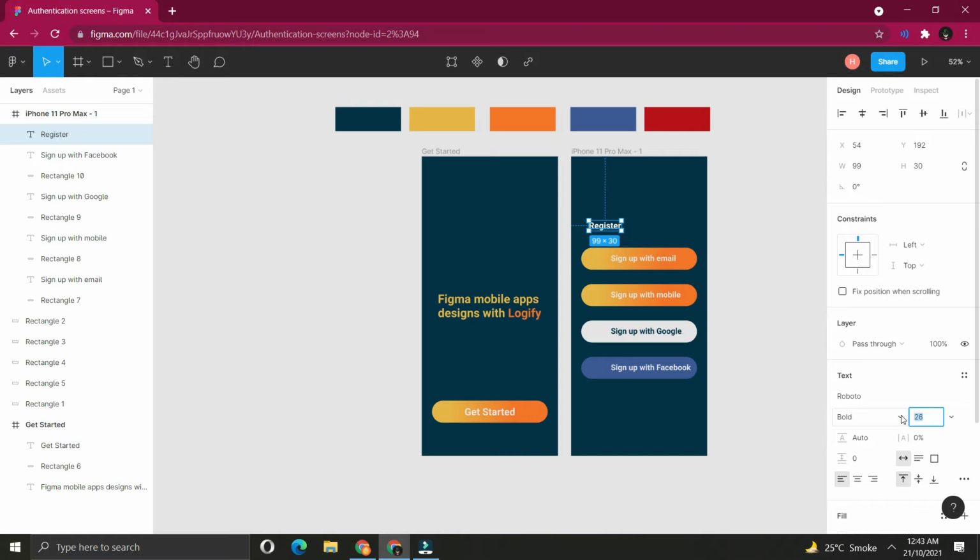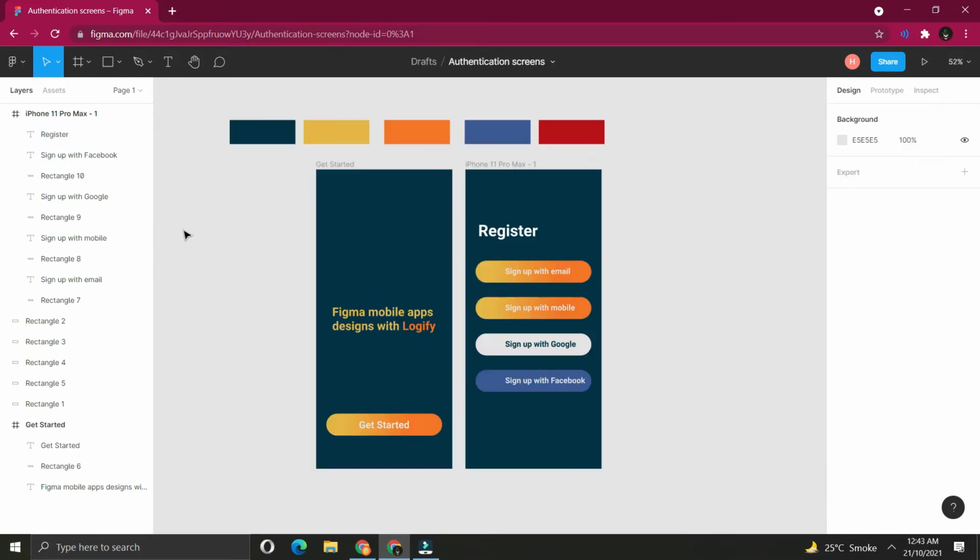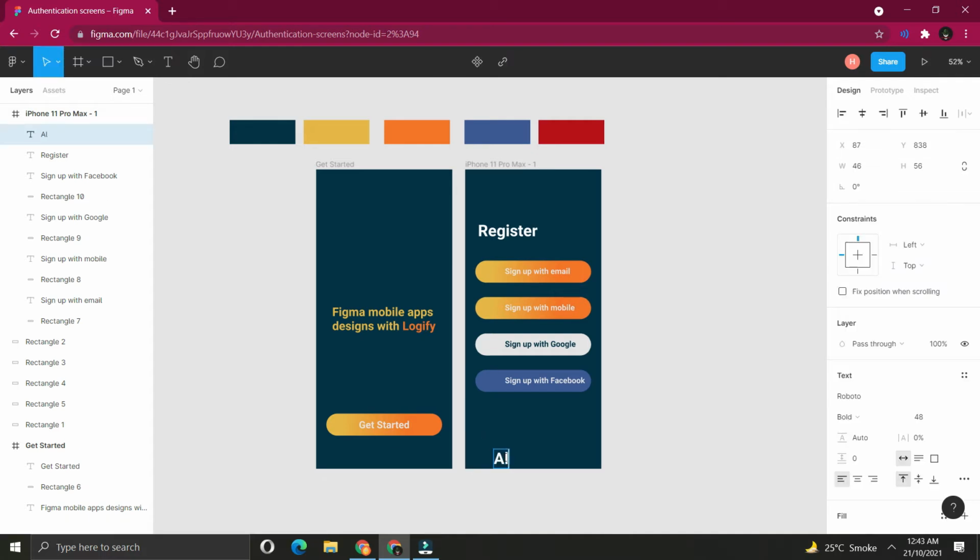For now, I will adjust some font. Once I am done with the font, now I will do smaller text. If the user already has an account, I will ask them to sign in.